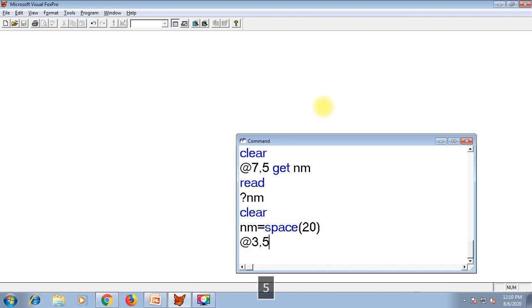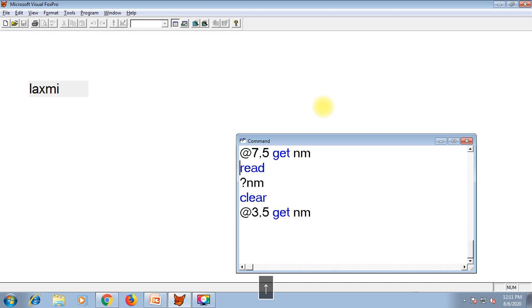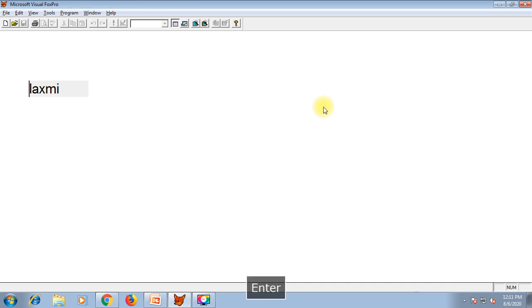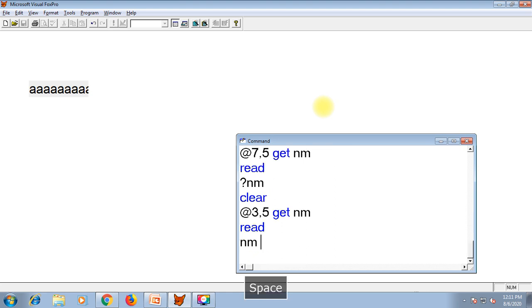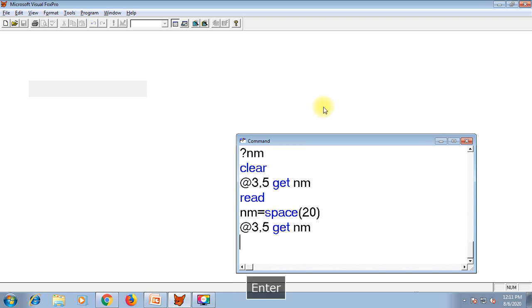@3,5 get nm. Look. How many characters are allowed? 20. Sorry, I had not pressed enter. Again I need to define the variable, space of 20, and again read.